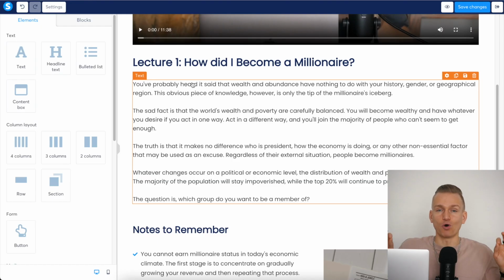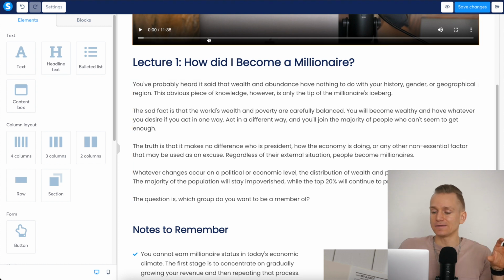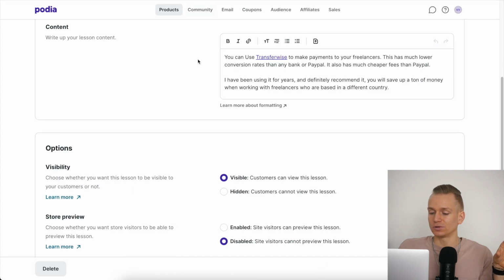And another thing I wanted to mention to take into consideration is, let me show you when you're building out a lecture page on, let's say, Podia here. With Podia, and by the way, I do love the design of Podia and all of that, I do love these other softwares as well. But let's say you have your content page.